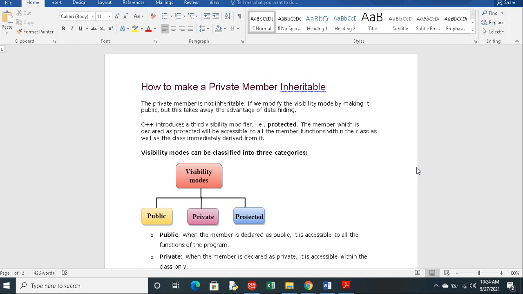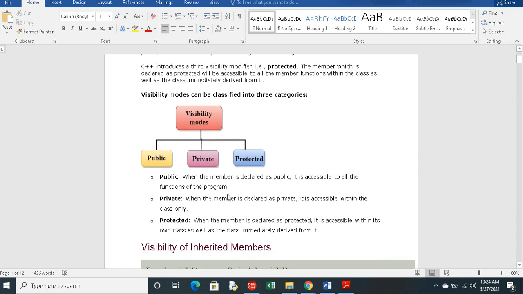To access protected content, the class must have a relationship with the base class. If it is an independent class, it is not possible to access the protected contents. When a member is declared as public, it is accessible to all functions.